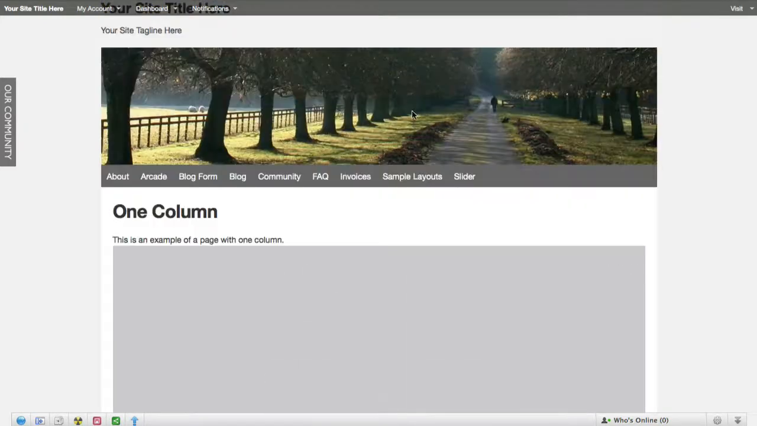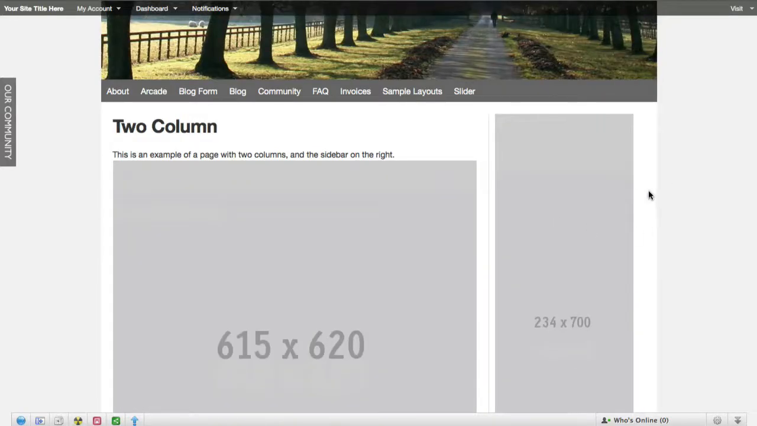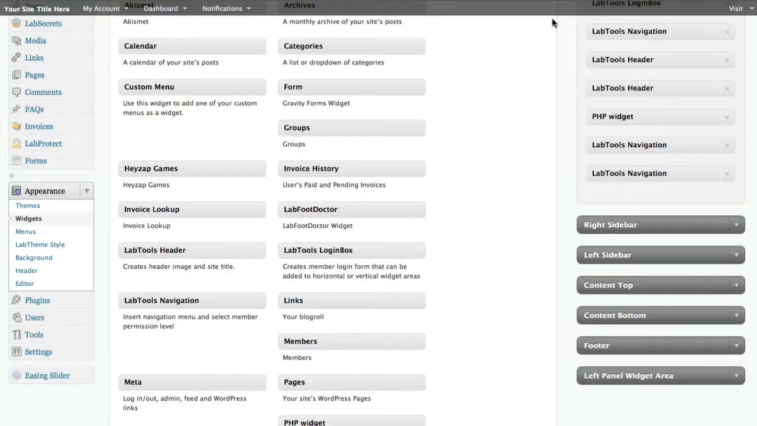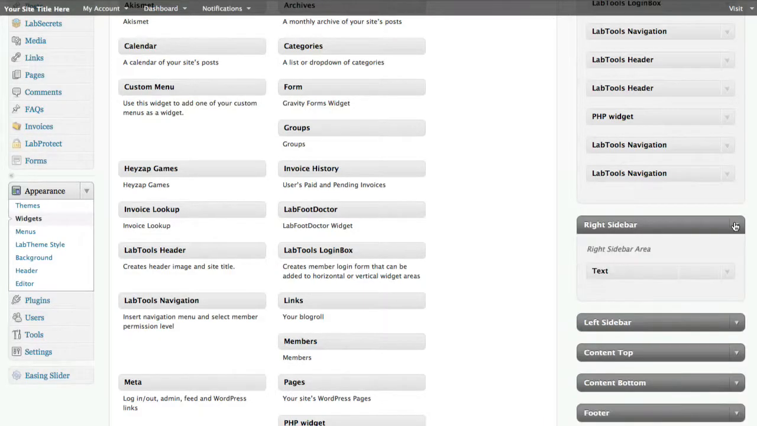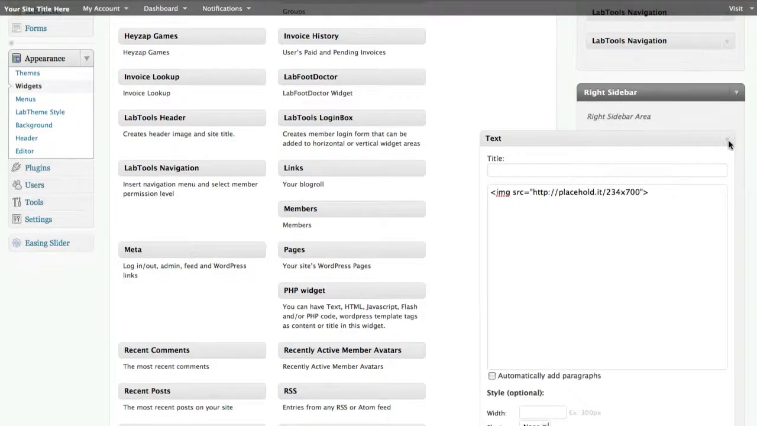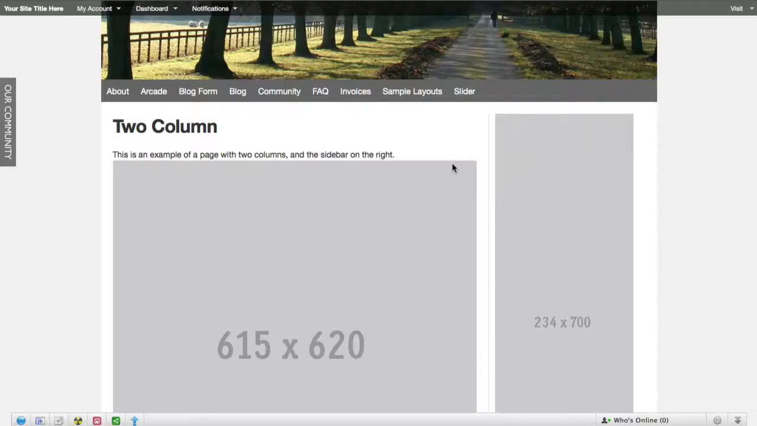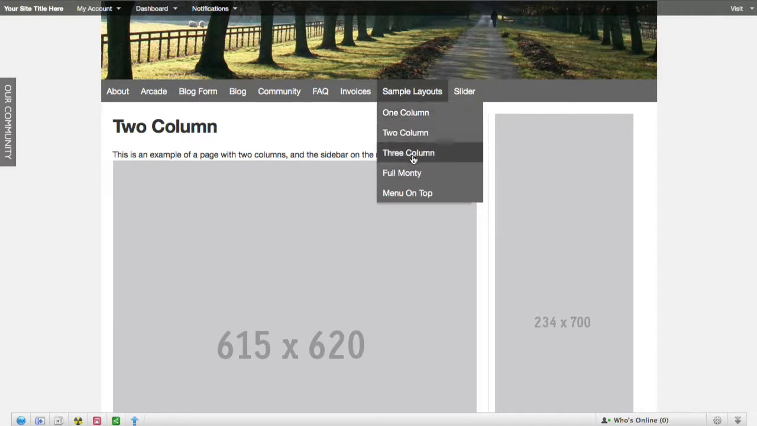Next, I've also shown you here a 2-column layout where we've activated the right-hand sidebar simply by dragging a widget into it. Show you how that works again. Again, we've covered this in another tutorial, but basically all you need to do is to drag a widget into the right sidebar container. Here we've put a placeholder to do that, and that will trigger the activation of the right-hand column, changing it from a 1-column to a 2-column. And then lastly, we've got the other columns shown here. So for example, a 3-column layout,